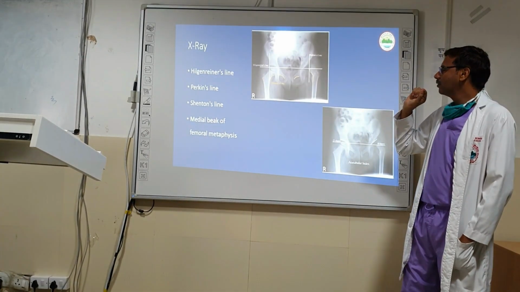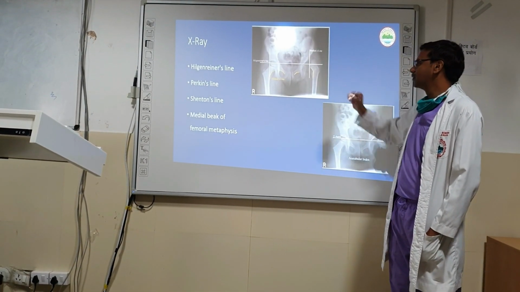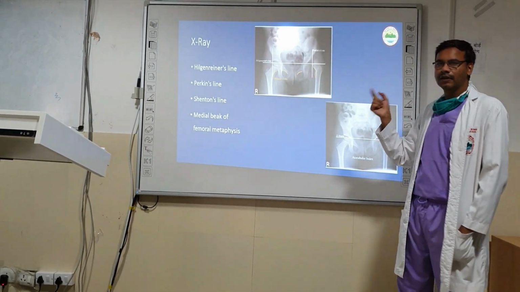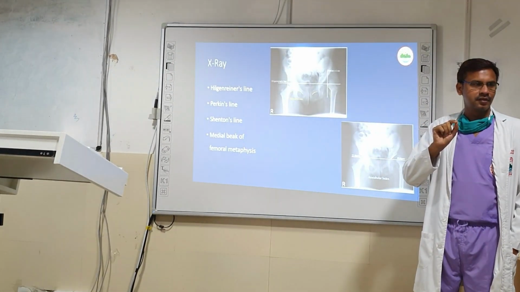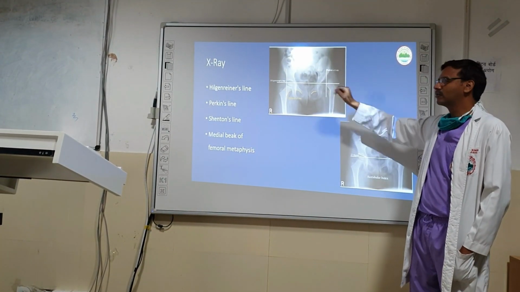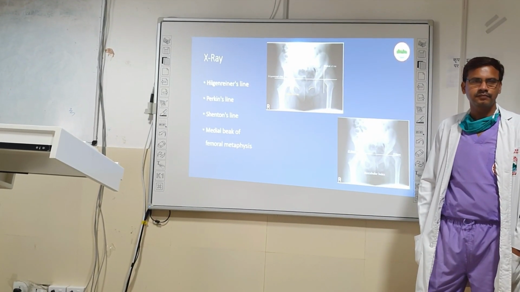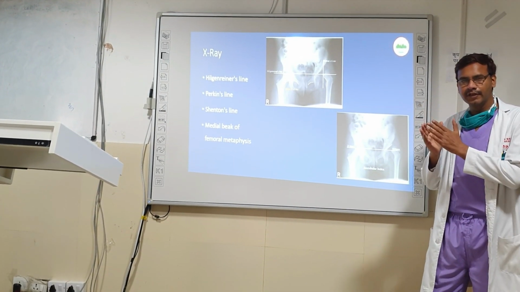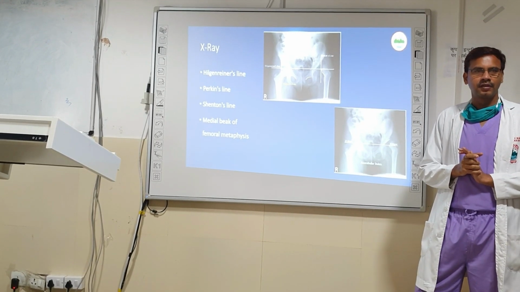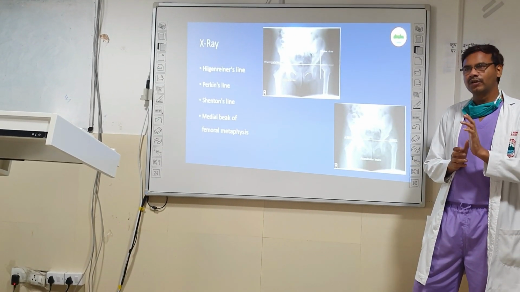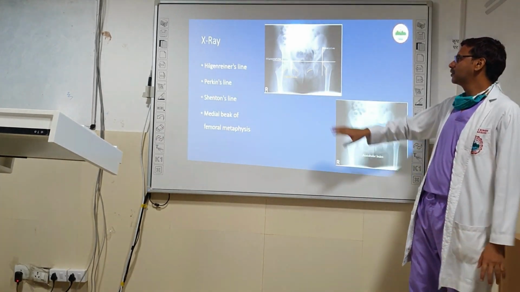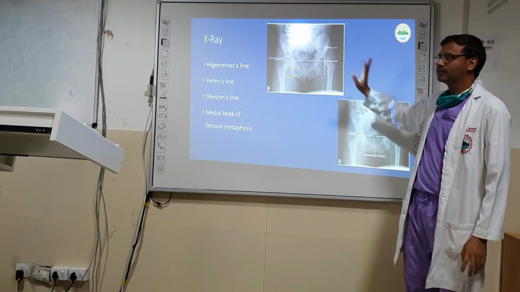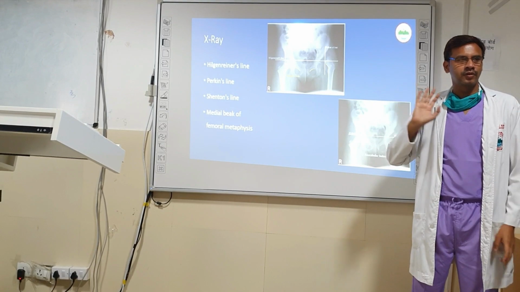So the capital femoral epiphysis, or if the child is under 6 months of age, the medial femoral beak, should always be inside this quadrant. That is the inferior and medial quadrant. So it is a clue that my hip is inside the acetabulum. And if it is in any other quadrant, then that means it is dislocated.